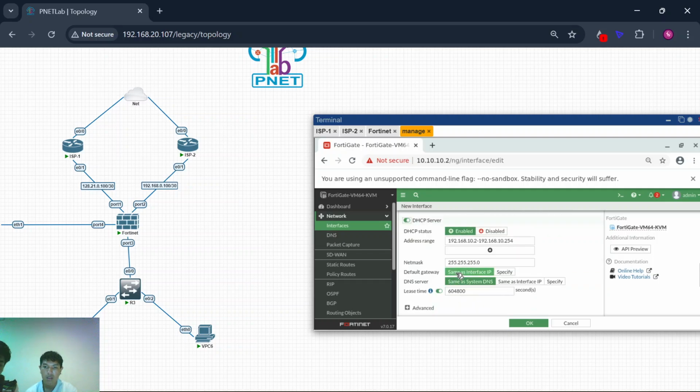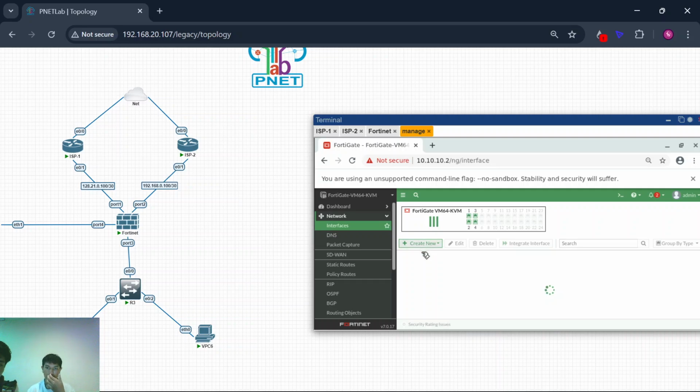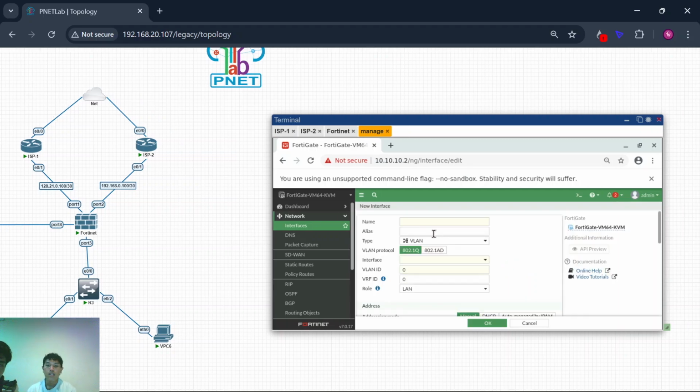Okay, I think it's okay. The address range looks good. Okay, and now add a new interface.